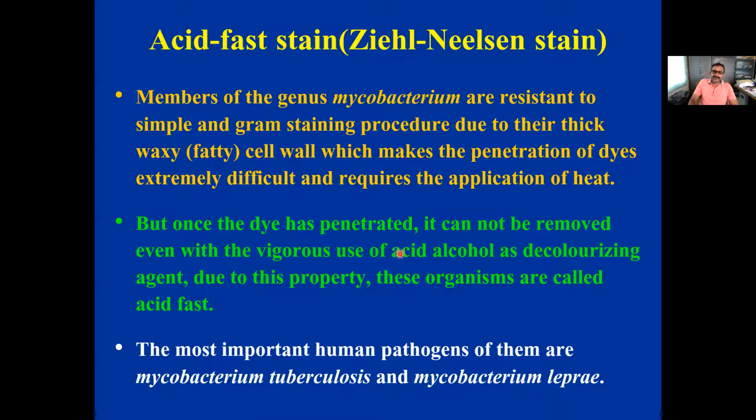So next one, we will study about acid fast staining. Before going into the procedure of acid fast staining, we'll understand what is acid fast. Acid fast means some bacterial species belonging to Mycobacterium. They contain a waxy layer on the cell wall. They have a deposition of waxy layer on their cell walls. Because of this waxy layer, staining these bacterial cells is very difficult.